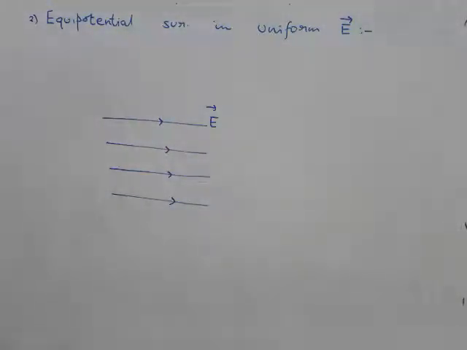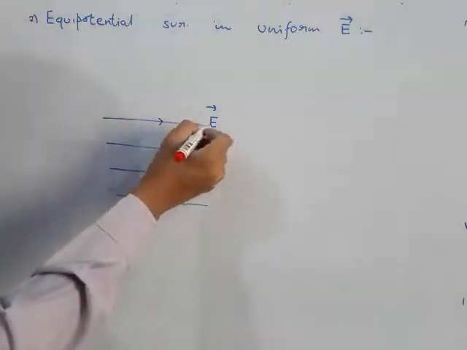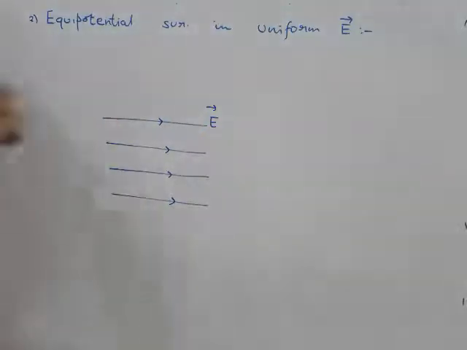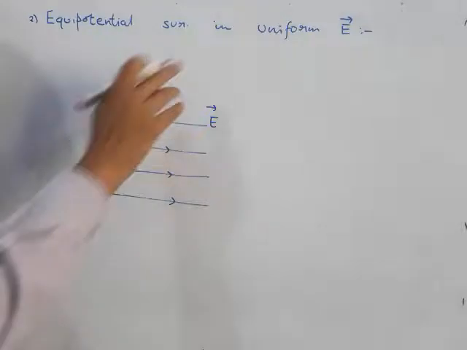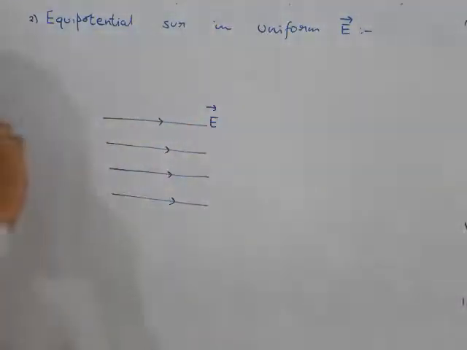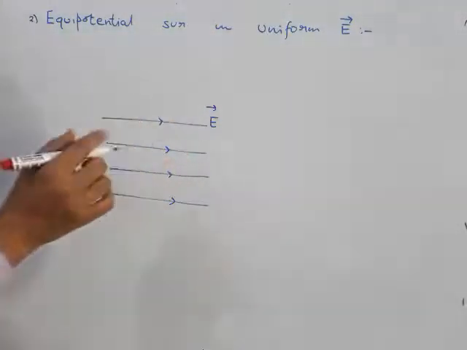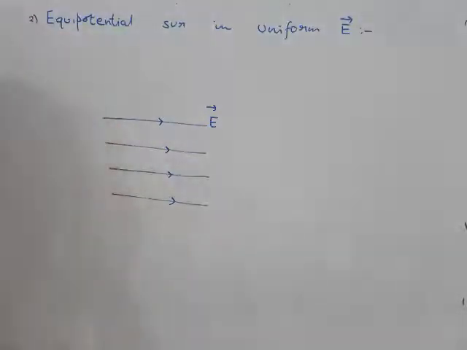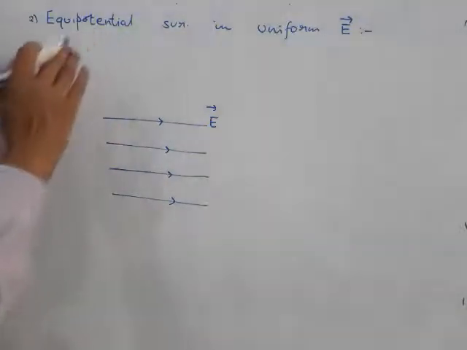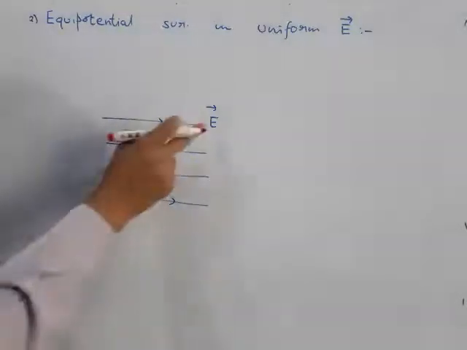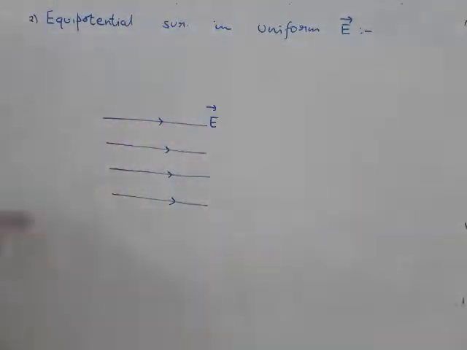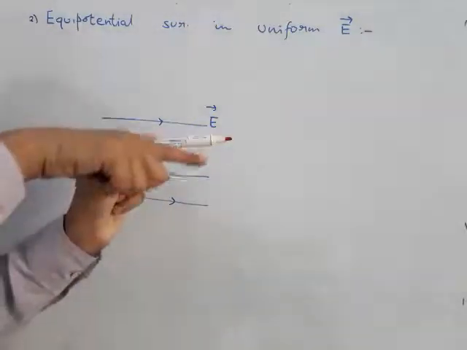If these be the electric field lines, we have to draw equipotential surfaces. Just now we have discussed, students, electric field lines are always normal. They always have a direction normal to an equipotential surface. So here we have the direction of electric field. So the planes of equipotential surfaces must be drawn in such an orientation such that electric field is normal to those planes. Now these electric field vectors are drawn in that particular direction.